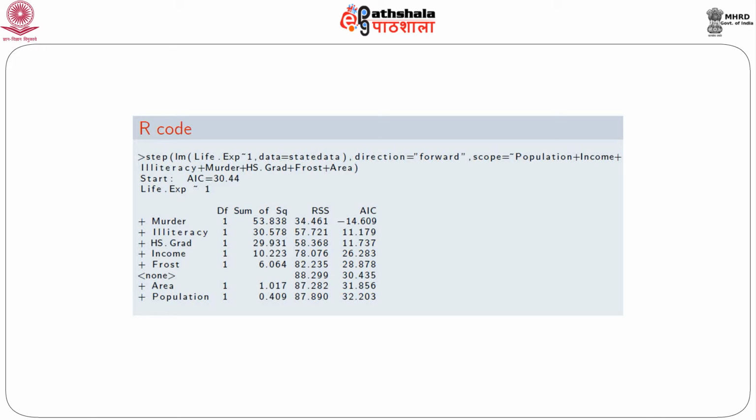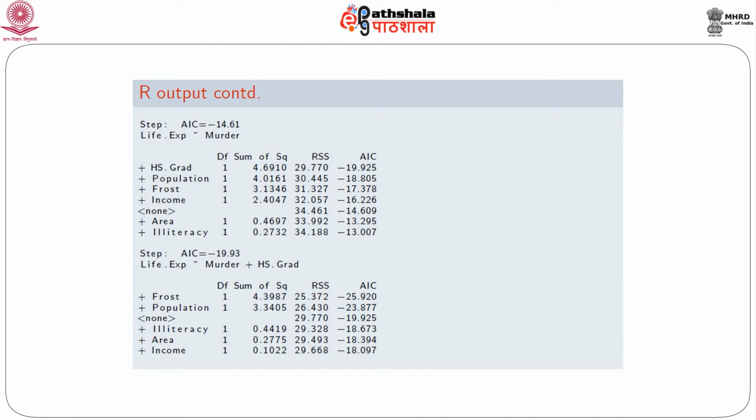So, we now include murder in the list of predictors and move on to the next step where we include murder and add the other predictors one at a time and obtain the AICs. Again, the AICs are ordered, and the one with the best AIC is now retained in the model, which is HS graduate, and we perform the same steps over and over again